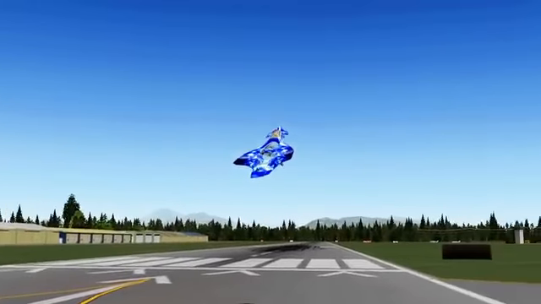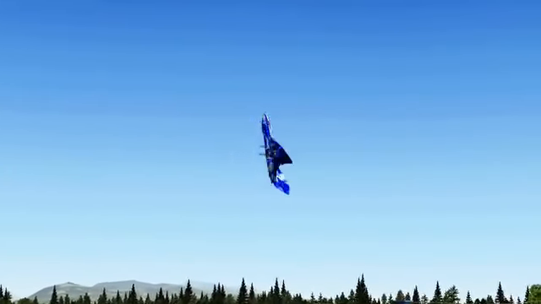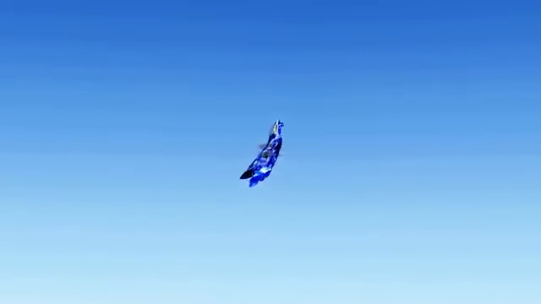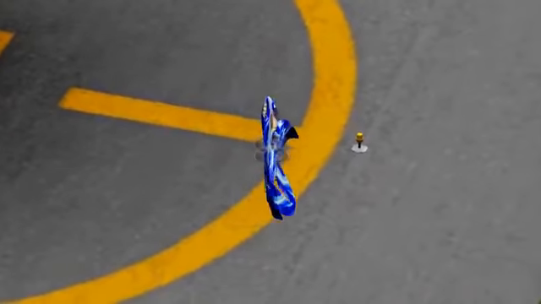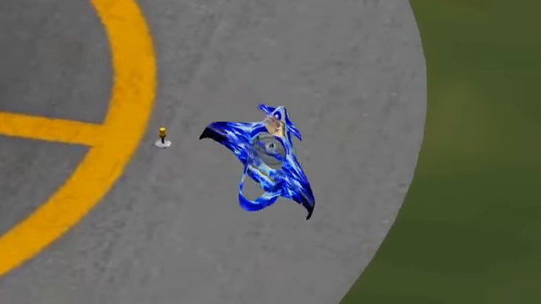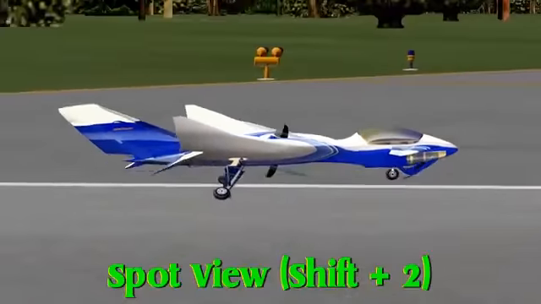X-Plane can map any keyboard key or joystick button or slider to any function, and it is highly recommended you spend some time doing that prior to your first flight. The prop's tilt angle is not assigned to any key by default. Although it is activatable with a mouse, it's much easier to have a key, button, or slider assigned to this